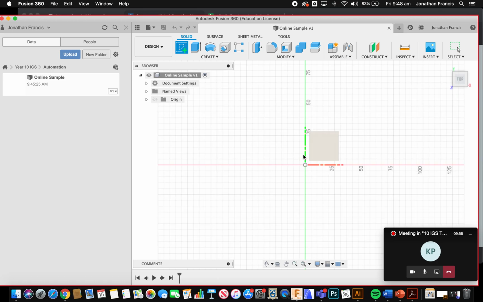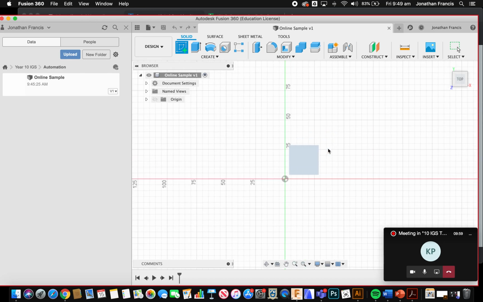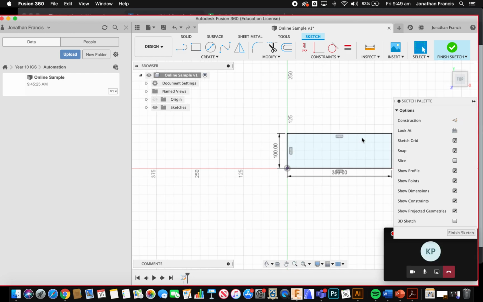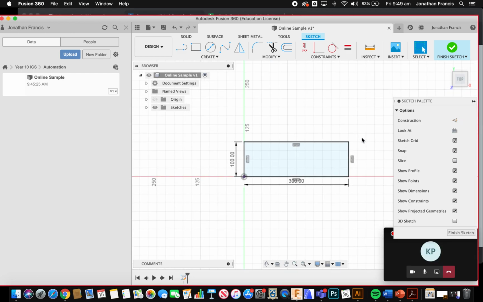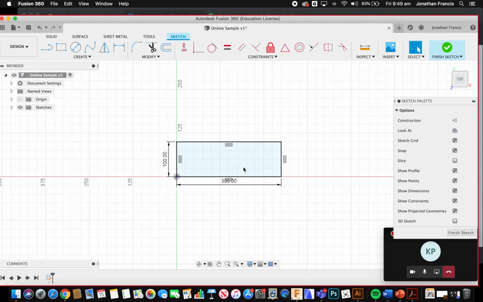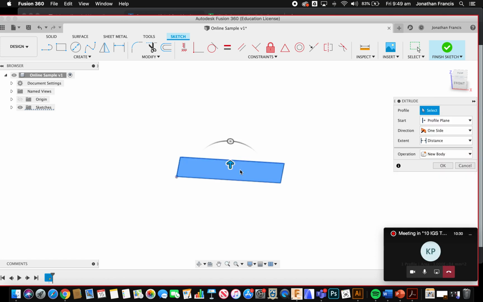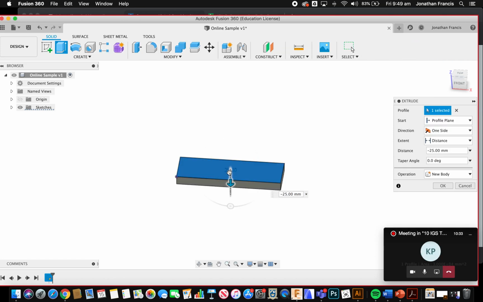So go to the navigation cube, select top, and we can select that plane to sketch on. I want a rectangle. I'm going to go with the rectangle 100 by 300, which gives us this. Close our data panel. I'm going to extrude that. So E for extrude. I'm going to go below that work plane by 10